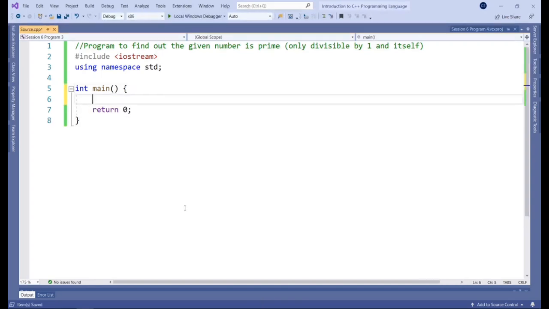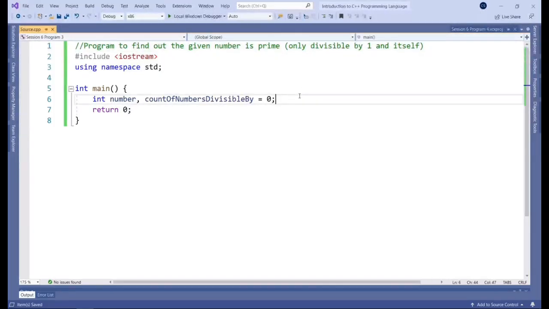And let's get into it here and think about our variables. So what data are we interacting with? Are we going to store our values? So I guess we could create one called number to take that number that the user will enter, and also count of numbers divisible by, so that we can track how many numbers the original number is divisible by. So as you can see here, it should be 2. It should be divisible by 1 and by itself. That's how we know that it's a prime number.